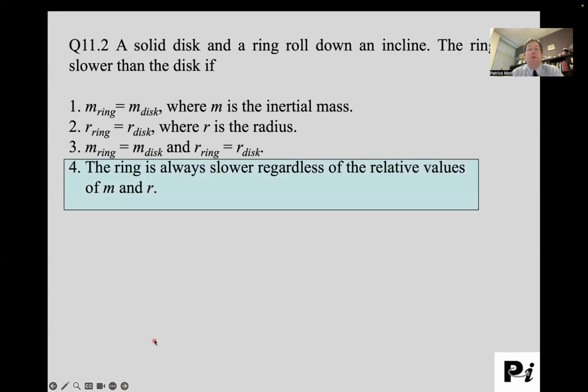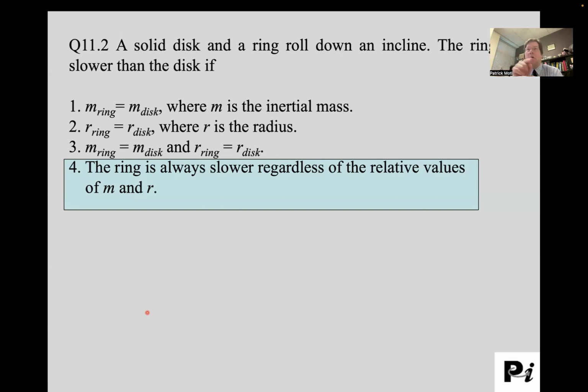All right, the ring is always going to be slower. It doesn't have any other possibility. So it should make sense that the mass cancels out. If you think of it in terms of energy, the gravitational potential energy is proportional to the mass, but kinetic energies, both rotation and translation, are proportional to the mass. So the mass cancels out. What's a little bit more subtle is that the radius also cancels out. The radius cancels out in this because